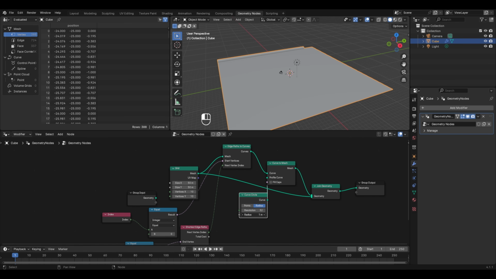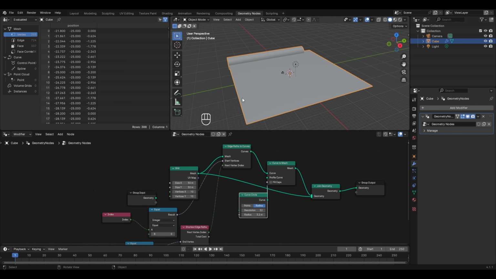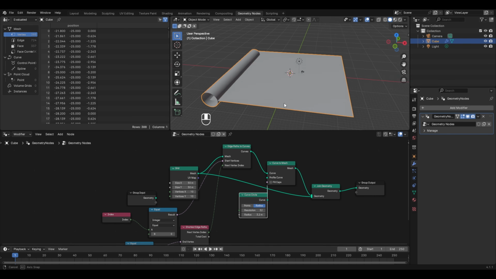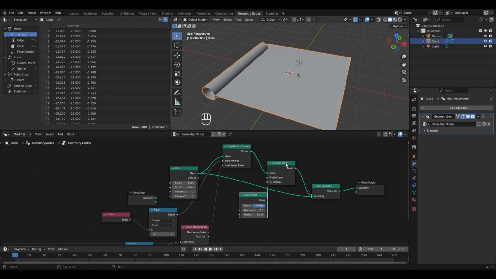Let's increase the radius from here, and now you can see here that the path between the two vertices is now converted into a mesh due to the curve to mesh node and is looking cylindrical because of the curve circle node. Now one thing to notice here is that this path or basically the cylinder is straight right now,